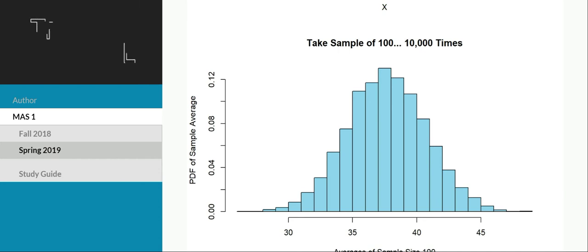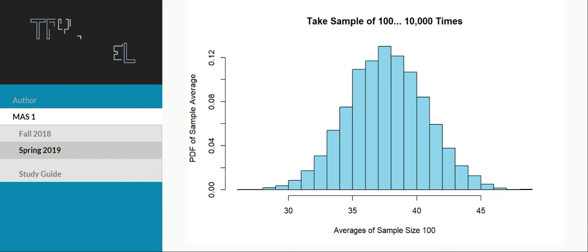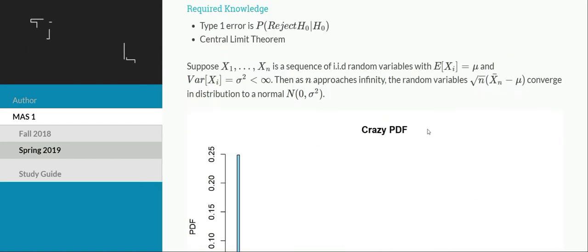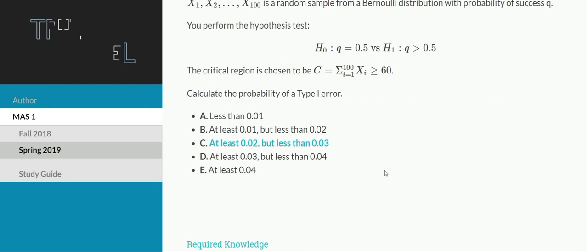And the central limit theorem is just saying that instead of a sample size of 100, if you had an infinite sample size, it would be perfectly normally distributed. So that's just visually what's going on with the CLT. As sample size increases, it more and more closely aligns with a normal distribution. And we can use that to approximate these probabilities. So again, going up to the question,